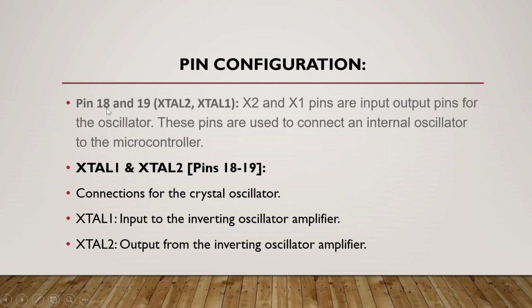Okay, pins 18 and 19, X2 and X1, are input output pins for the oscillator. These are the oscillator pins. For example, we give the command to print 100 pages of data. Same example I am taking and explaining to you. When we give the command to print 100 pages to your 8051 microcontroller,